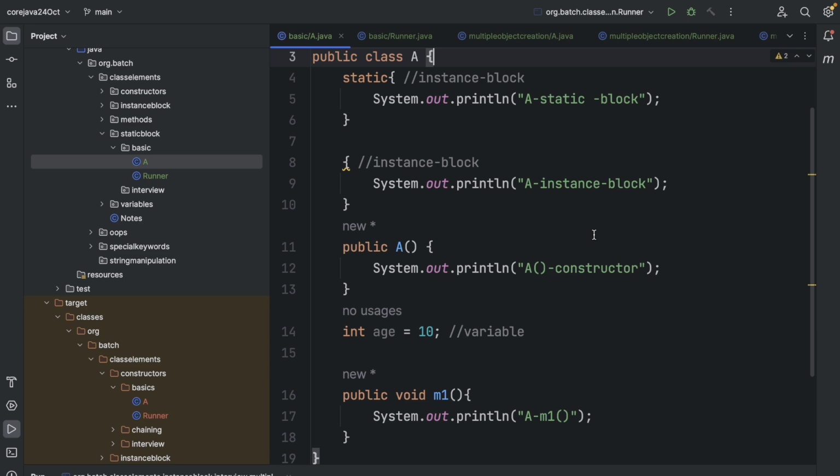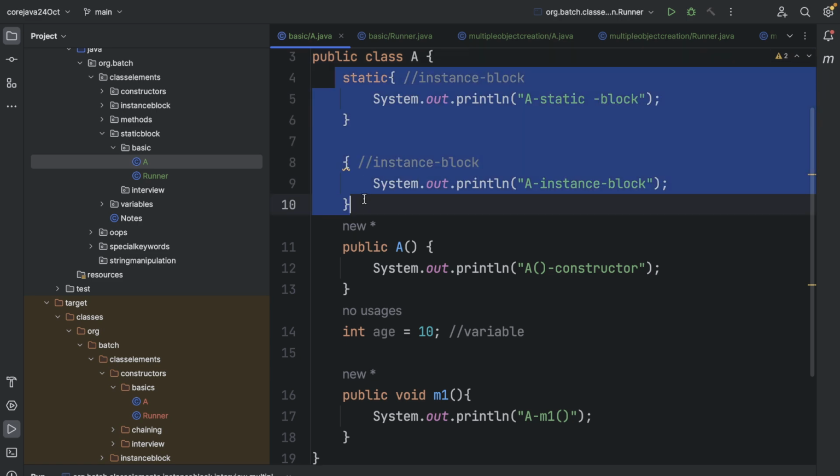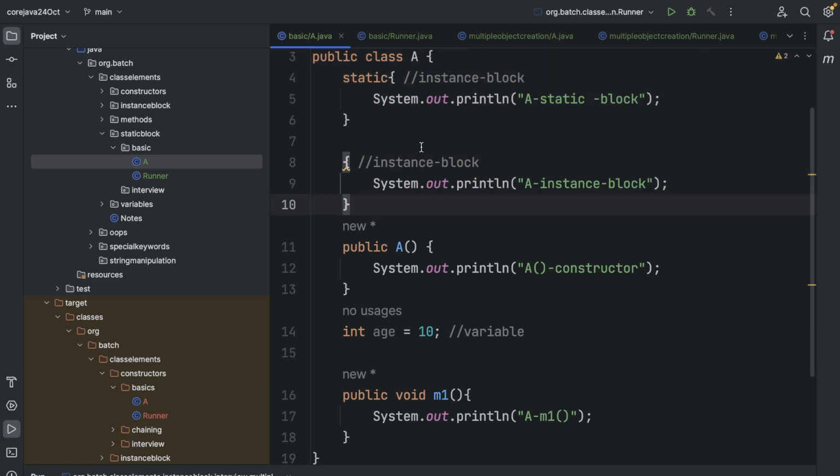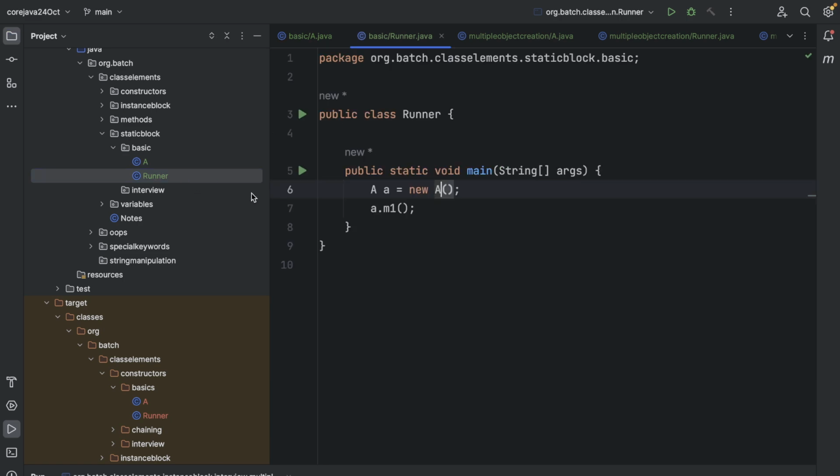Okay, you could have speculated because we are learning in sequence, right? I have written it in the sequence as well. And even if you are not able to speculate that I've been teaching in a sequence, you can intuit it yourself that the static context area is associated with the class and that is handled during the dot class file loading, right? So this thing will be executed even before the object creation, right? Yes. So if I run this now,